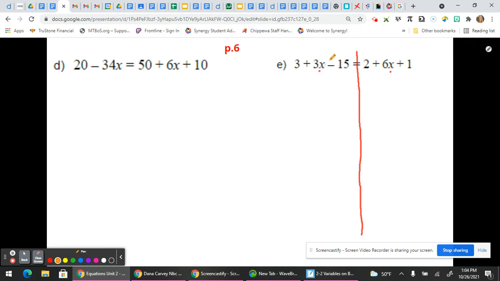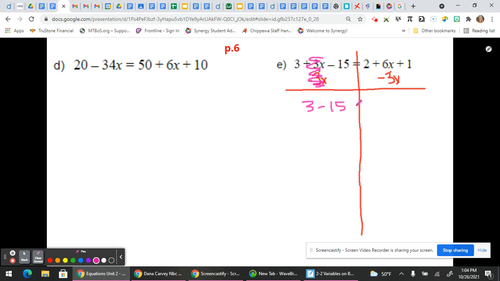So here I've got 3x on the left, 6x on the right. What I want to do first of all is move all of my x's to one side or the other. In class we've been saying that to eliminate one of our variables, we pick the smallest one to try to avoid some negatives. So this 3x, to eliminate it, I'm going to go minus 3x on the left, and then come over here and do minus 3x on the right. Now I'm going to balance these off. So here's my first teeter-totter. My 3x's are going to eliminate. A positive 3x and a negative 3x cancels. So I'm left with 3